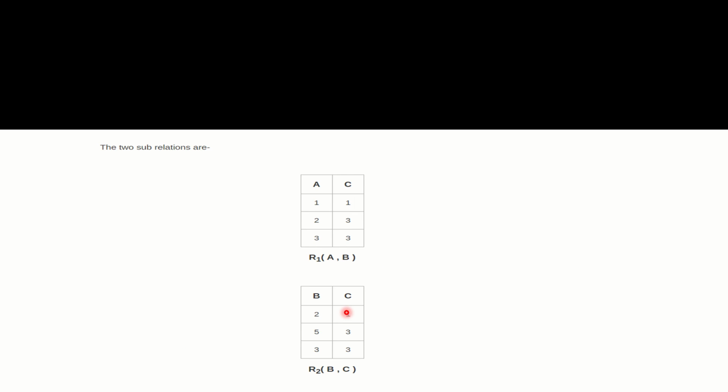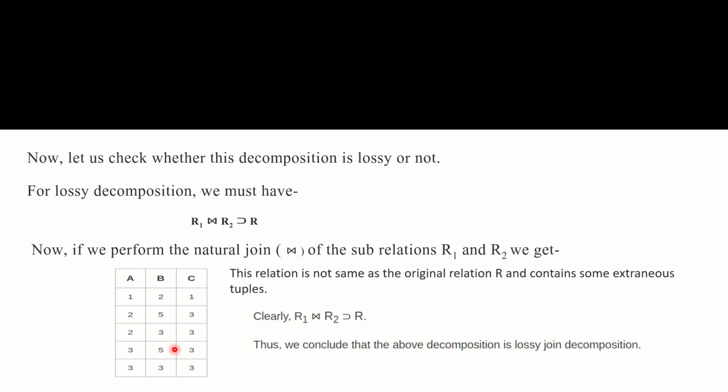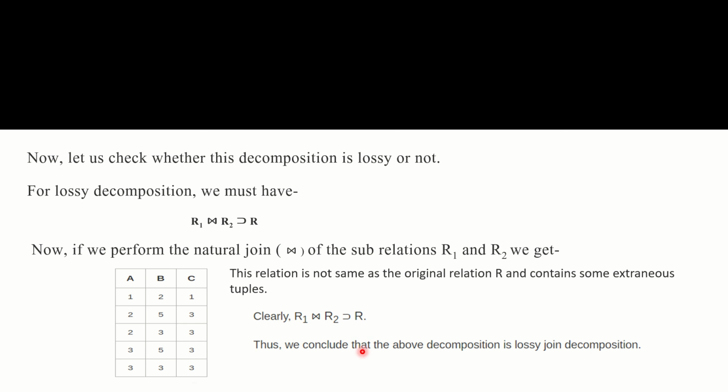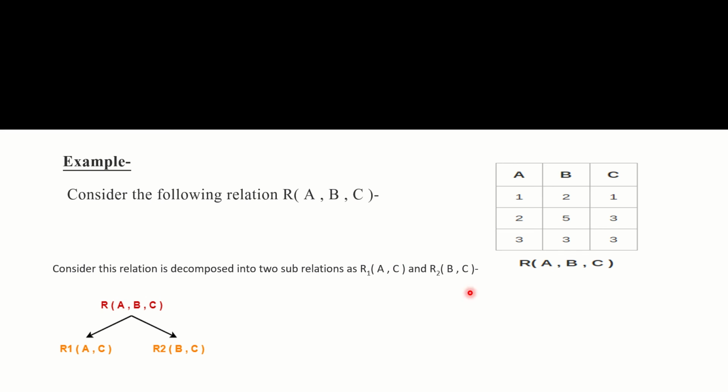Then the next one, in the same manner, if there is no other C, there is no other join. Then we take the second row, 2 3. We have to check if any row contains 3. Two rows contain 3. So we will write 2 5 3 and 3 3 3. Okay, so this is the result, 2 3 3 and 2 5 3. In the same manner, if you join the last two rows, 3 5 3 and 3 3 3, that will be the result, but your original table contains only 3 rows.